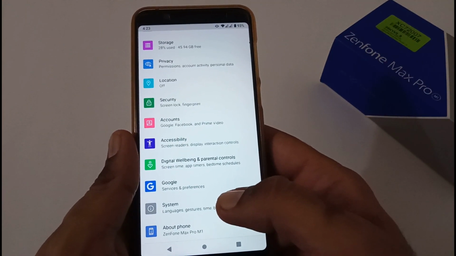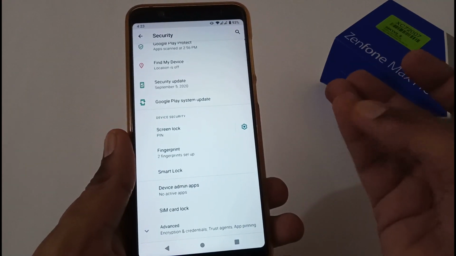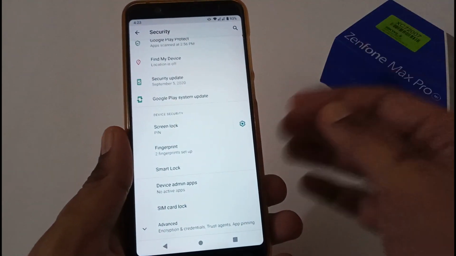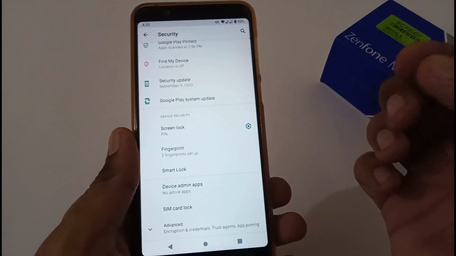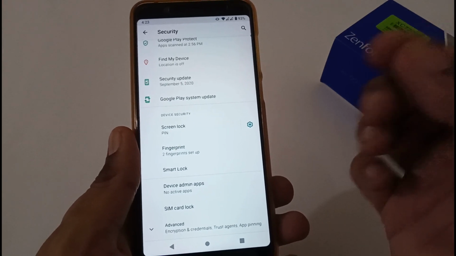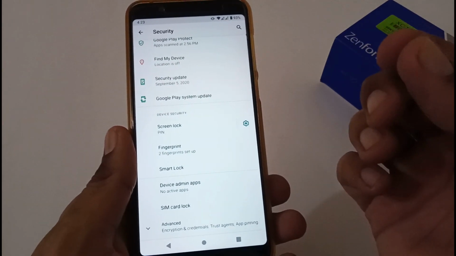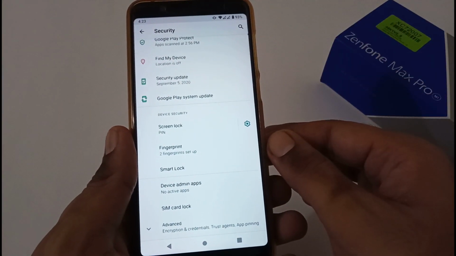After the system section, now let's move to security. In security, PIN, pattern, password and swipe are all working absolutely fine. Aside from that, the fingerprint scanner is also working fine. You will see, I would say, very minor latency, or sometimes your finger is not detected, but it is again 1 out of 10 times. But aside from that, the fingerprint scanner is working absolutely fine.